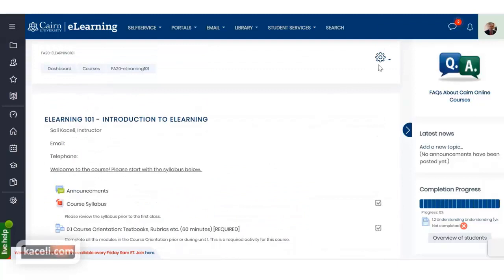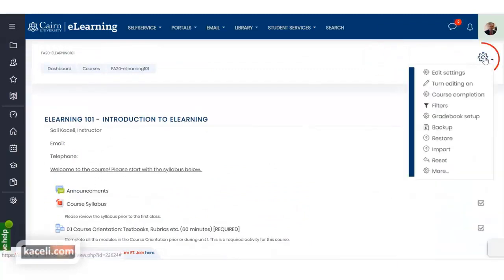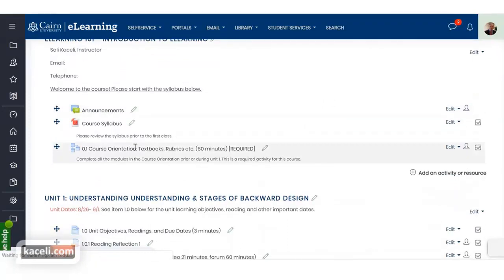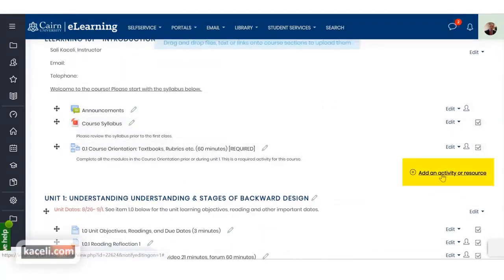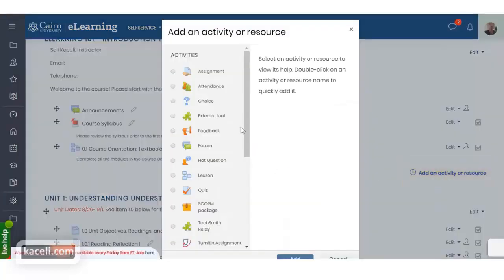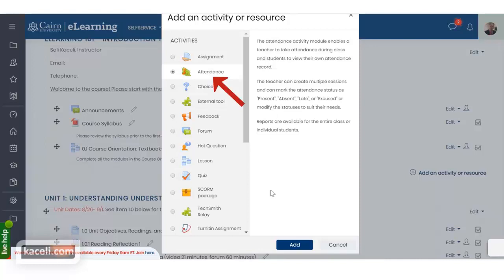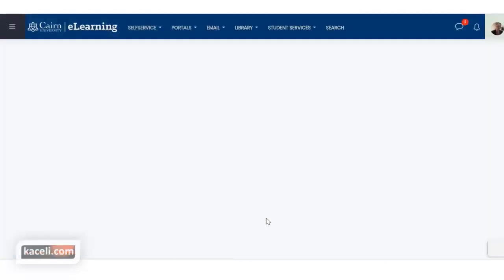So to create the attendance module, we first need to turn editing on in the course. So we click here on the gear icon, then click on Turn Editing On, and then typically you'd put the attendance somewhere at the very top of the course here. We click on Add an Activity or a Resource, and then we choose the option for attendance. Then click on Add,